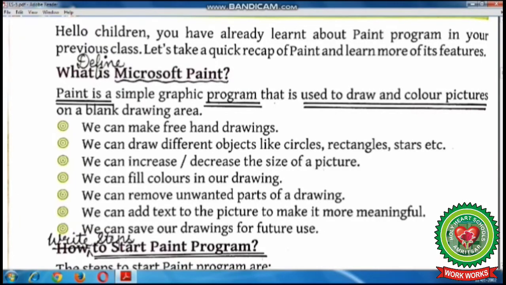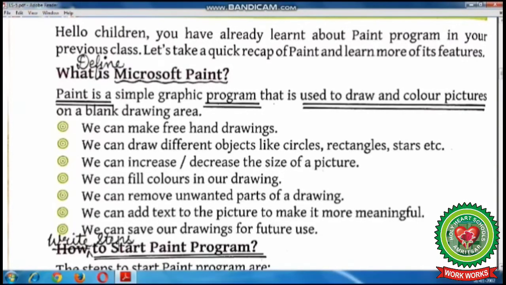Next feature is we can fill colors in our drawing. Like you have already done, using fill with color tool, you can fill colors in your drawing. Next, we can remove unwanted parts of a drawing. Like you have used eraser tool to rub the unwanted parts of your drawing.